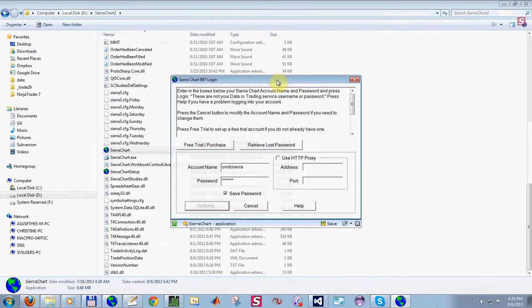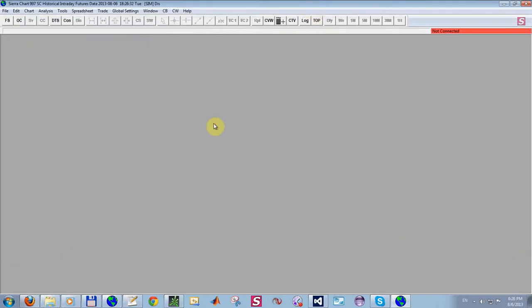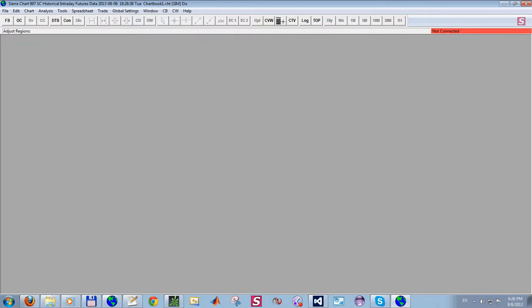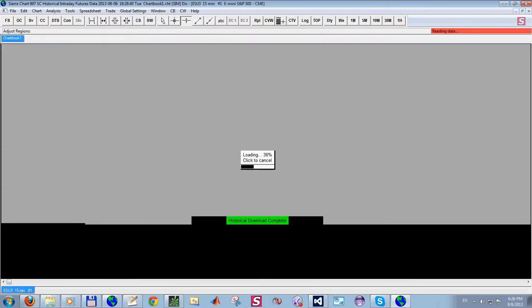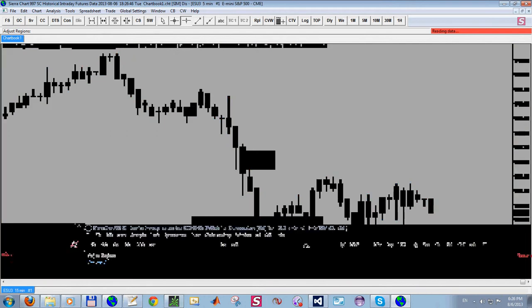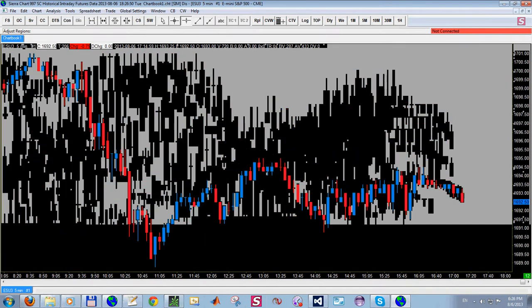Okay, so this is bringing up the second instance. And now we're going to be setting up the slave. So let's open up another chart. Open up ES again. This could be any symbol, but I'm just bringing this one up. And I'll change just the time frame here from 15 minutes to 5 minutes, just so we can distinguish between them more easily, between the two different